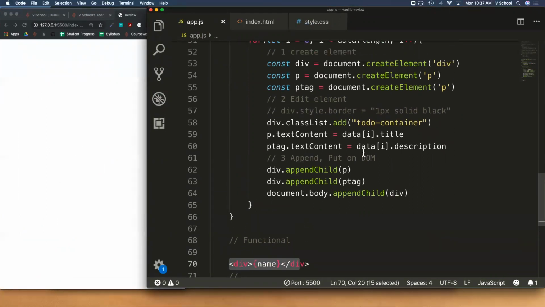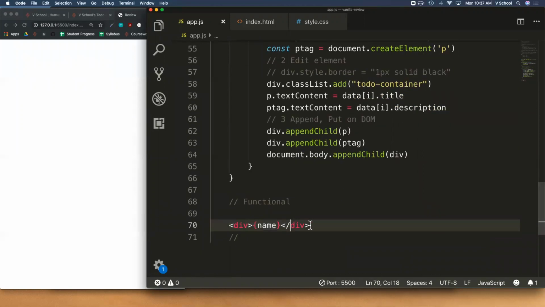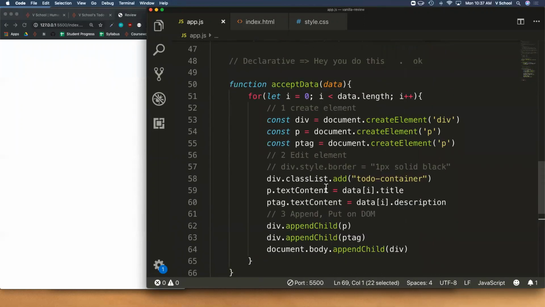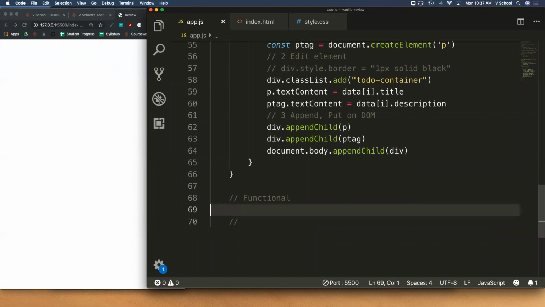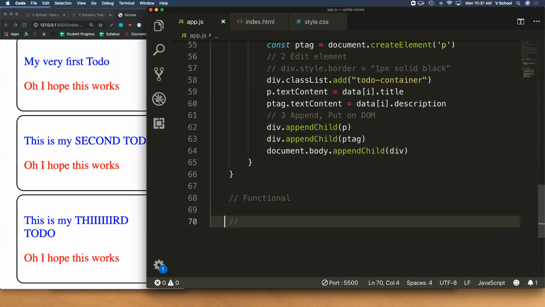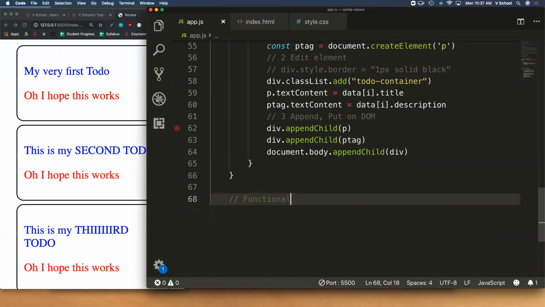So this right here is mixing these 3 steps together. This is React syntax. This is vanilla JavaScript syntax. Now we can see why there's frameworks, or we're beginning to see. And there's a common phrase, if you don't use a framework, you'll end up writing one. All right, I'm going to stop the video so we can